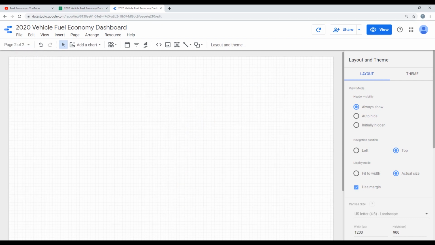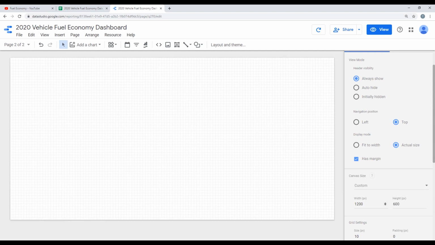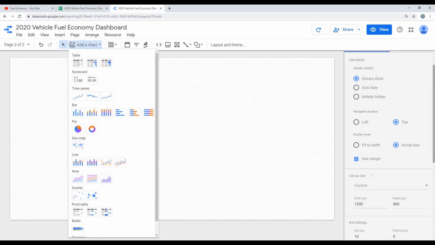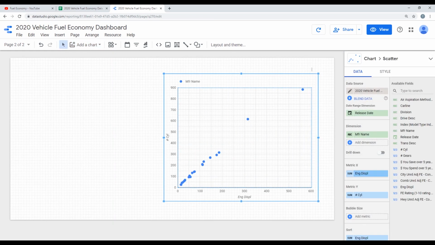This adds a new blank page, and for this page we'll try to reduce the height. Let's say, make it 600 pixels in height. Now we want to create a scatter chart of vehicles showing the engine displacement and fuel efficiency. So we'll add a chart and we will pick the scatter chart. Add that over here, and on the x-axis we will add the engine displacement,